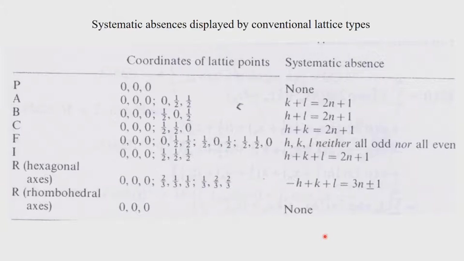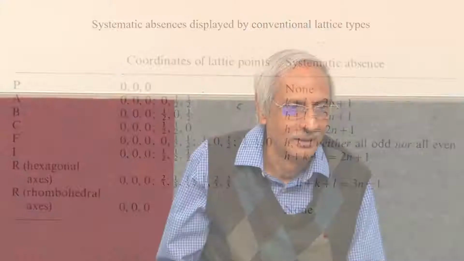So, let us now generalize it. Once we generalize it, we see that the systematic absences can be put in the form of a table. Whenever we have a primitive lattice, we have no systematic absences. A primitive lattice can exist in all 7 crystal systems. So, in all the 7 crystal systems, we go ahead and collect the data. We look at all the HKL reflections and try to arrange them with respect to H, K, L and so on. And when such an arrangement is done and we find that there are no systematic absences in those reflections, then we say it is a primitive lattice. So, the primitive lattice will have no systematic absences.